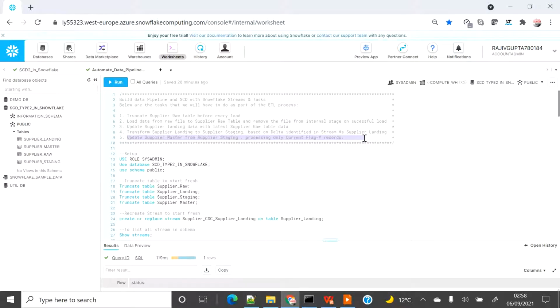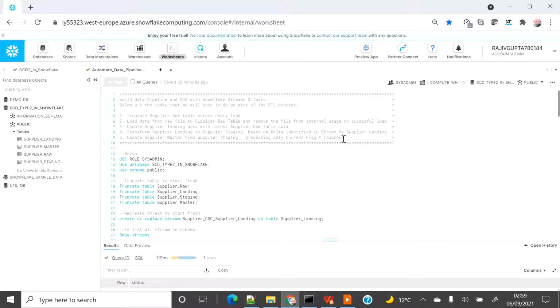So these were the 5 steps which we were doing manually in the previous demo, and we loaded 2 files. When we loaded the first file, it created all the insert statements, and when we loaded the second file, we used 2 modified rows and 2 new rows.